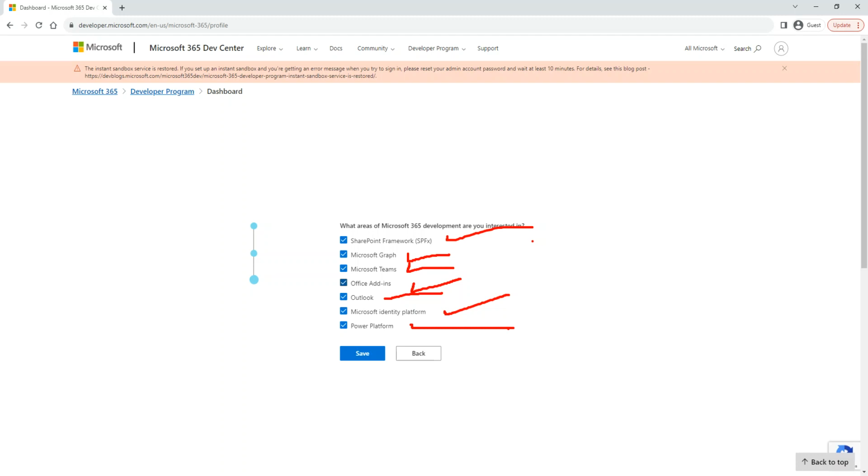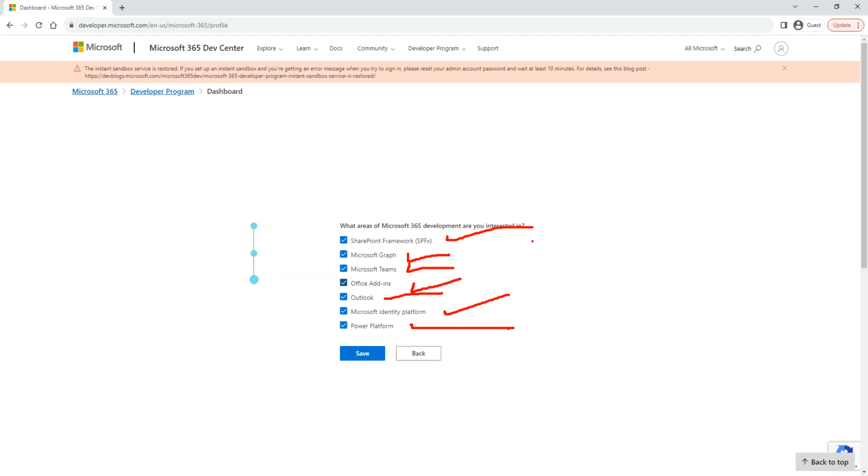And then the next module is we're going to pick a tool. That's going to be our developer's tool, which is Power Platform. Power Platform has four different major components: Power Apps, Power Automate, Power BI, and Power Virtual Agents, which is the AI piece.